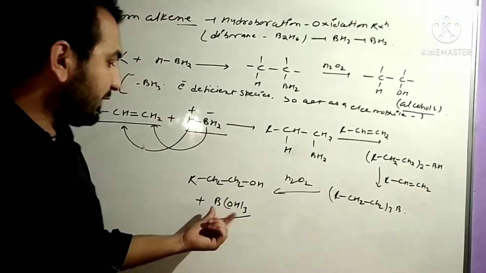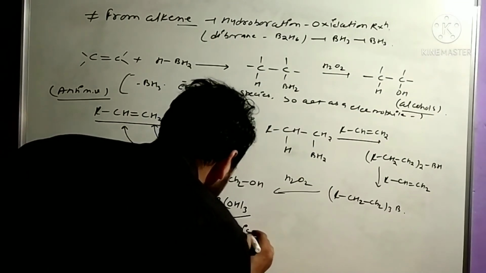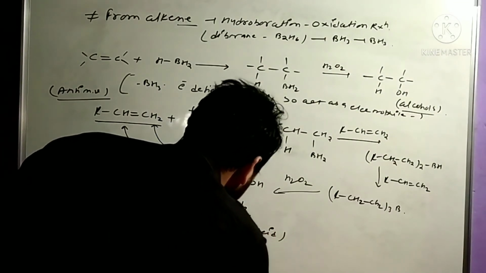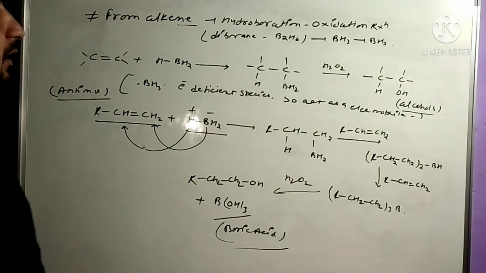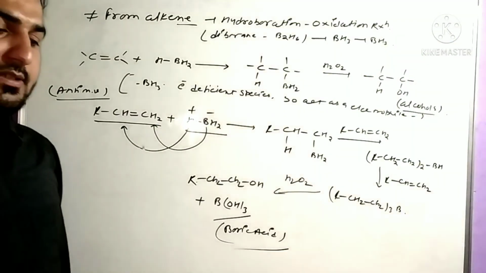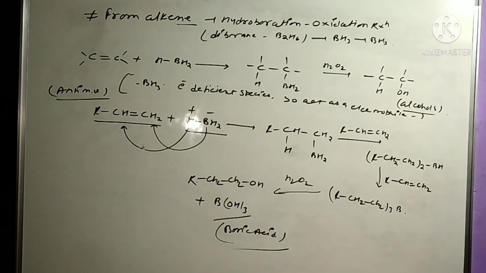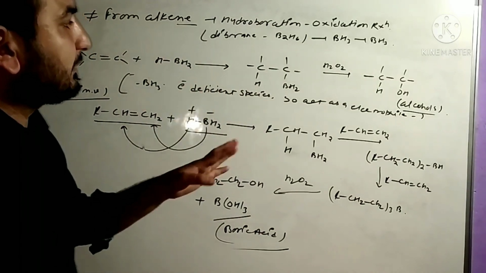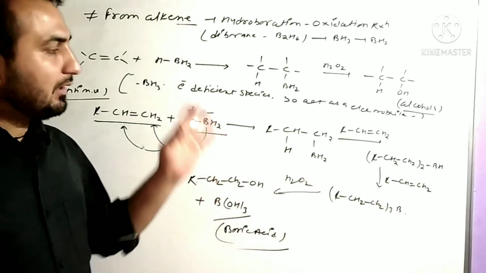RCH2OH plus B(OH)3, and this is known the boric acid, clear? This called the boric acid and name is hydroboration oxidation reaction, clear? And always remember this kind of reaction is follow anti-Markovnikov addition, clear? This follow anti-Markovnikov addition. So this is indirect method to preparation of alcohol, ठीक है। हम अभी भी वही मेथड